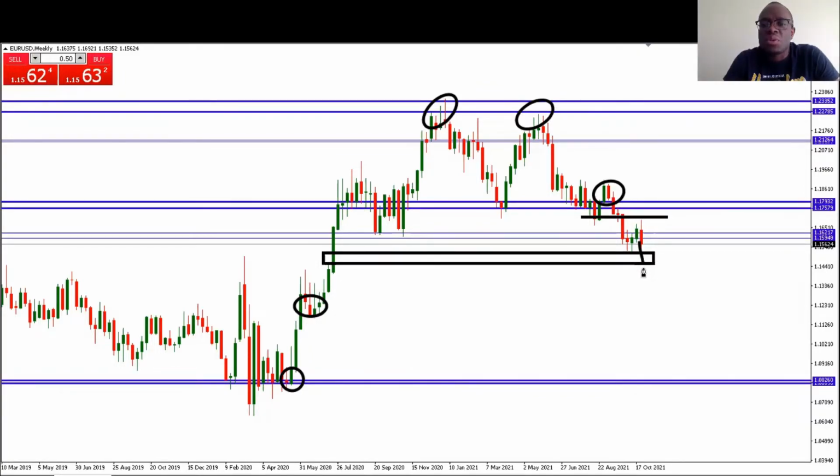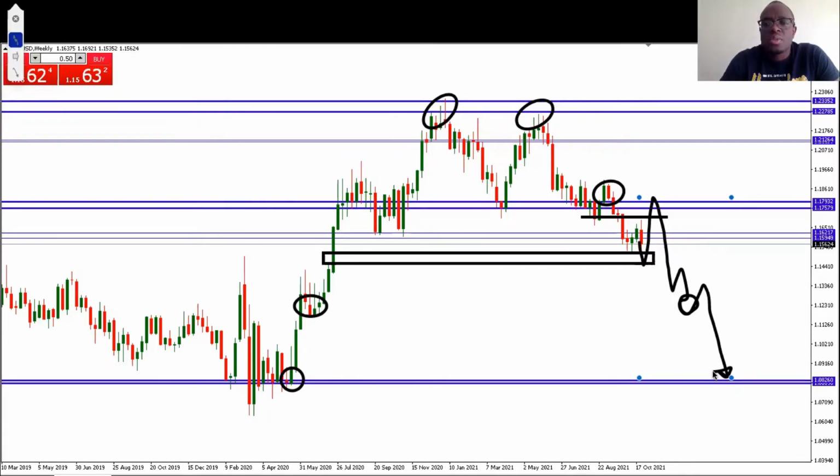Then after doing that, it's going to push to the upside to come and test this order block, where it should be rejected to the downside, break this new low, forming another low, and then maybe pull back and come to test this order block, where it might bounce off and then mitigate it and eventually come to